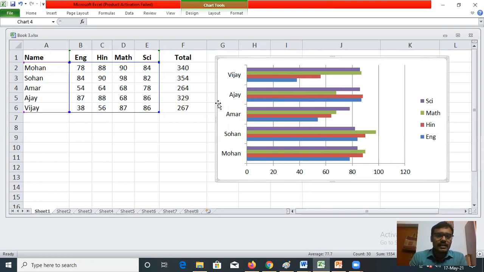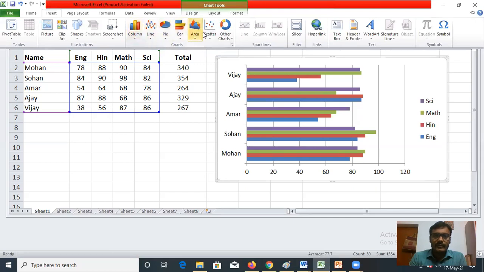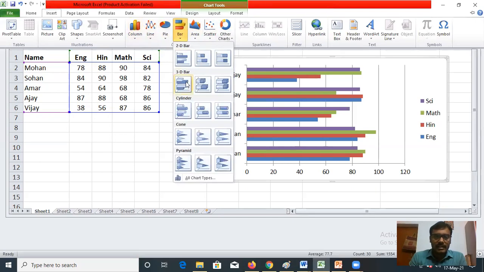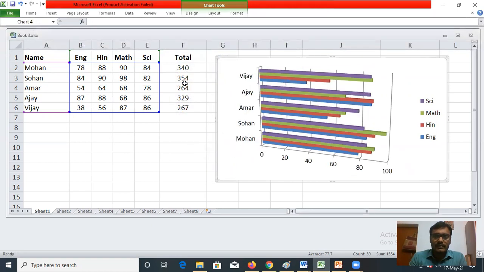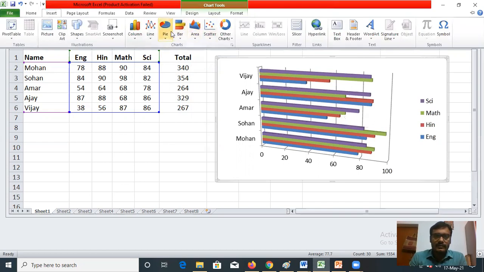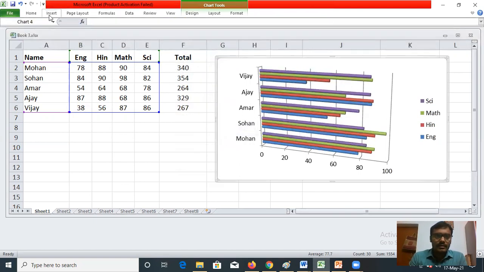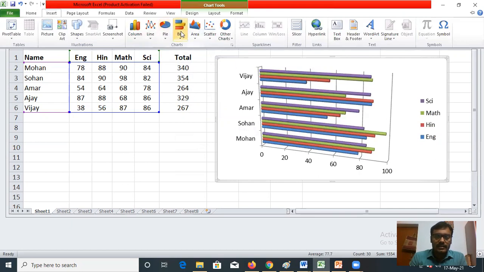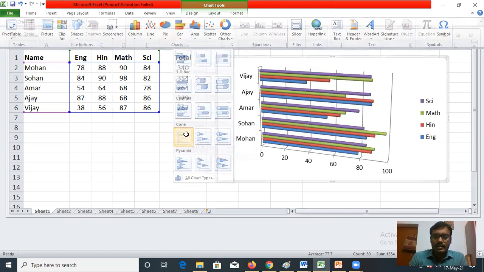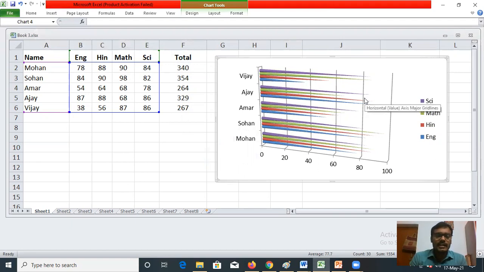You can also create the 3D picture of this chart. You can see 3D bar is also available. You can click on this one and it will be converted into a 3D, three-dimensional picture. You can see these cylindrical bars. You can also convert into conical bars. So according to your choice, you can make the following changes. Now coming to the second type